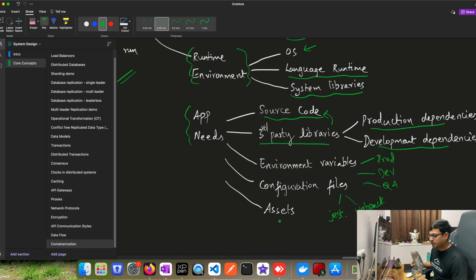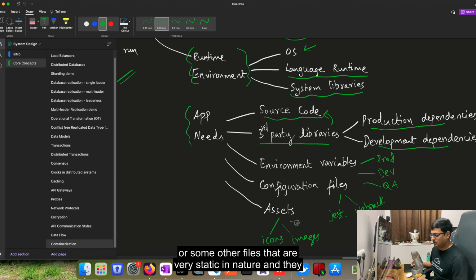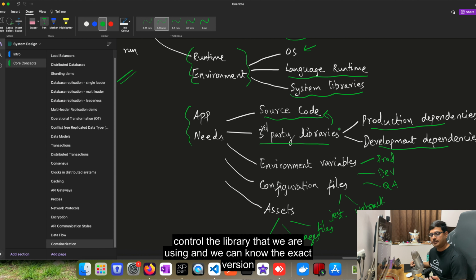And then we might also need some static assets, maybe some icons or images or some other files that are very static in nature and they don't change, and those are helpful in running the source code. And among all these, there are some things that we can control as developers and some things that we cannot control. For example, if you're looking at third-party libraries, we can control the library that we're using,